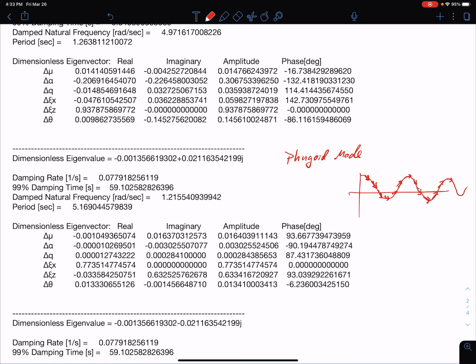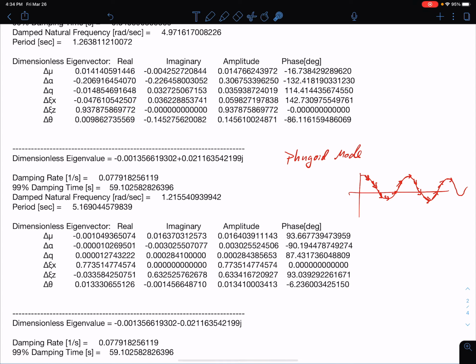So throughout this motion, there really isn't much change in angle of attack because the aircraft is very closely aligned with the incoming velocity at all times. So we don't have a change in angle of attack, but as it moves up and down here on this roller coaster ride, the aircraft slows down as it climbs and speeds up as it descends, okay? And so that's why there's a larger change in our forward velocity here, mu, than there is in angle of attack.